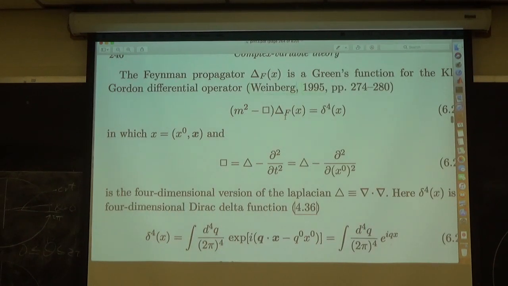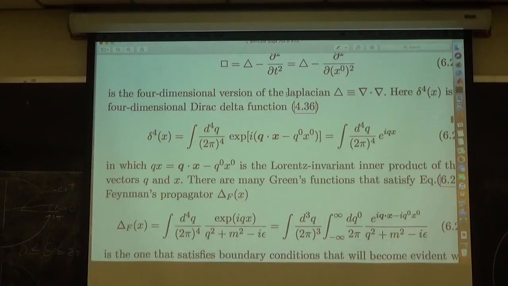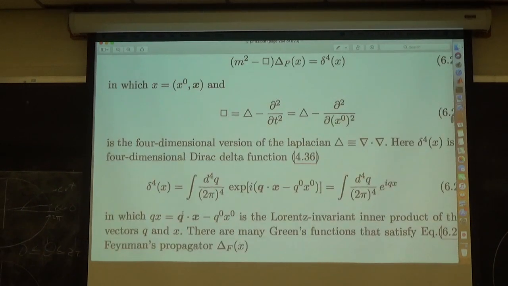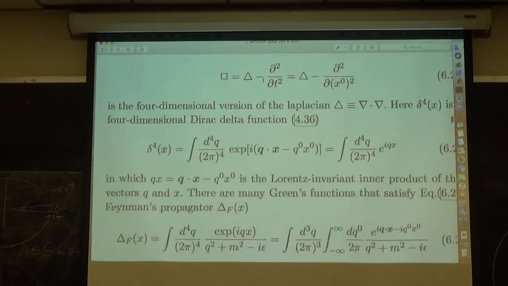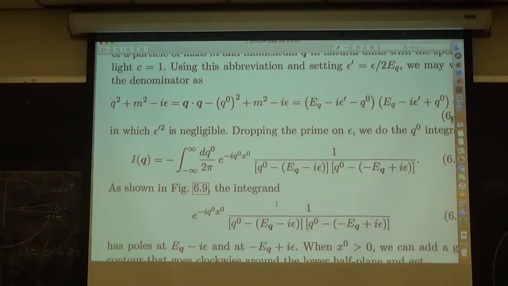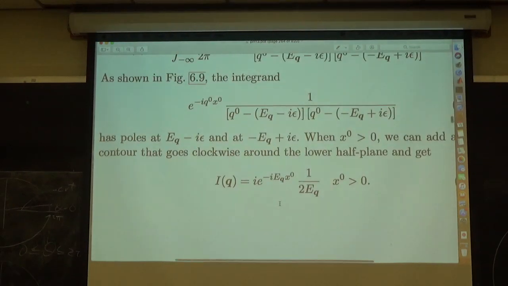On the other hand, there's some ambiguity in this function, because we can have plus or minus i epsilon, or just 0 here, and it'll still be a Green's function for m squared minus box. And what Feynman did was he chose a particular small number to add to the denominator, minus i epsilon, because that gave all right, let me